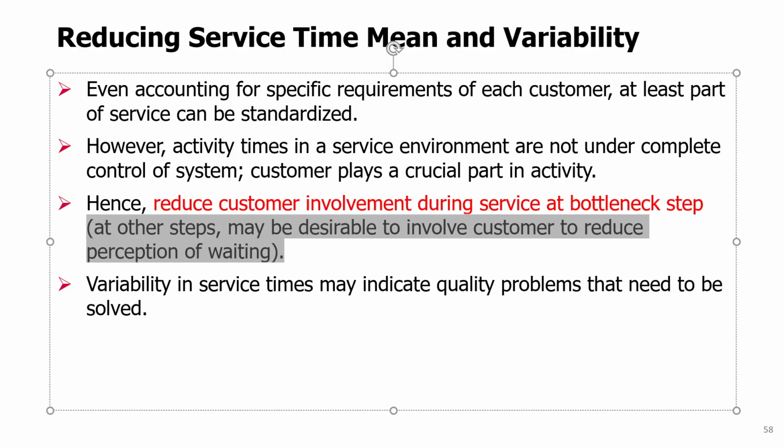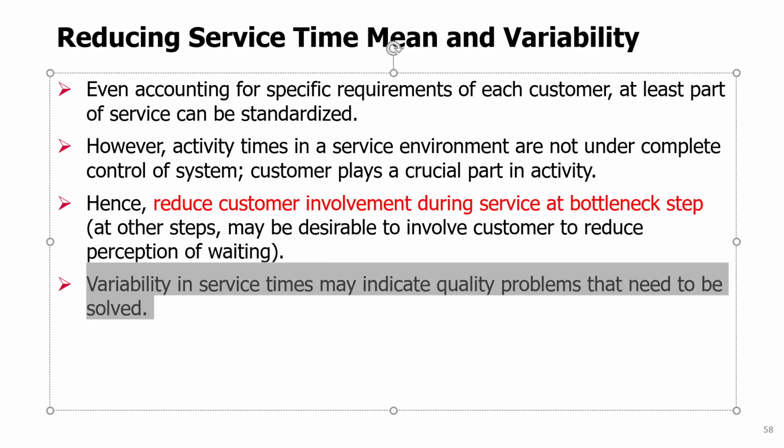In some cases, variability may indicate quality problems. So if you have a service time that takes on average 2, 3, 4 minutes, but every now and then you need 10 minutes, it might be that there is a problem that your employee cannot solve, and they have to ask maybe a supervisor for advice or someone else, and this is what takes a lot of time. So if you have a case like very high service time variability, you might consider whether there are some problems that you might address.